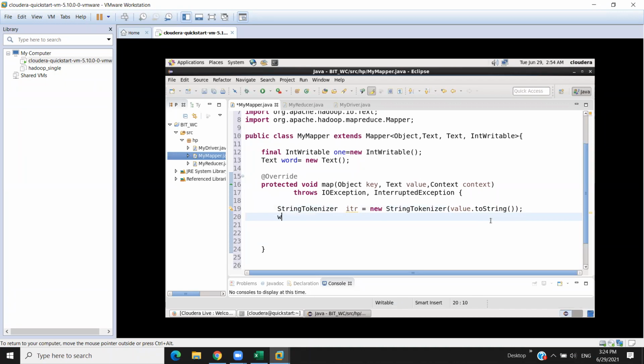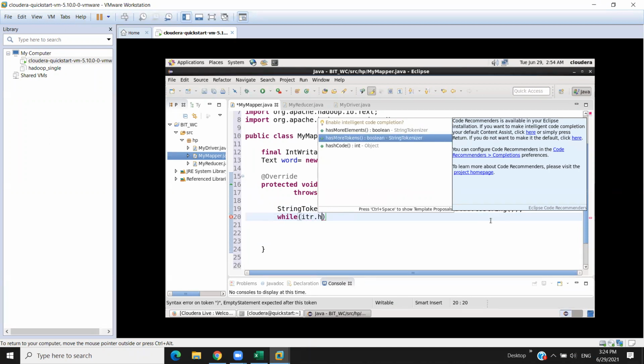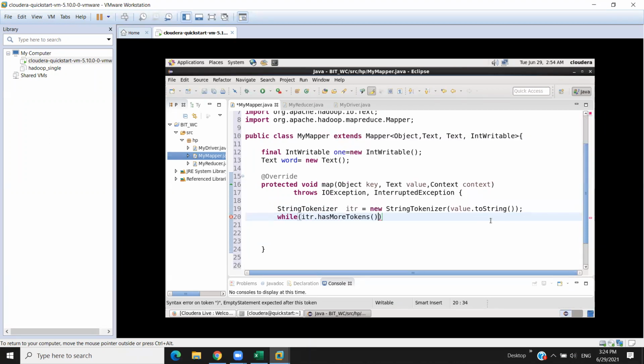So right here, while itr dot hasMoreTokens. If a token is present, go inside the while block and set every word in the variable. So word